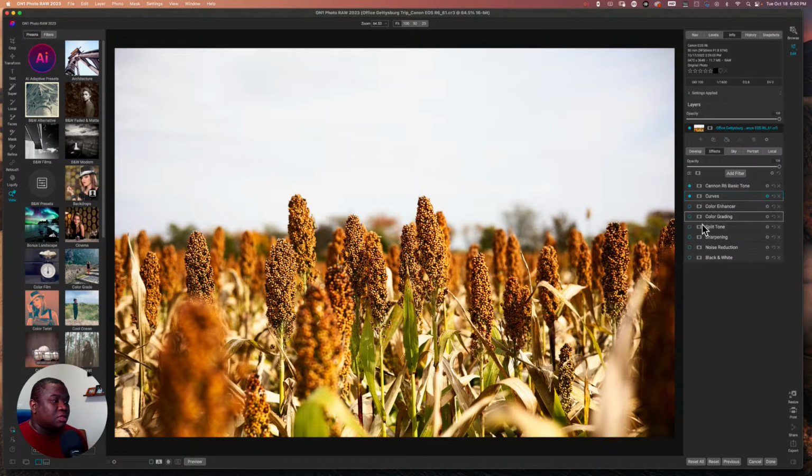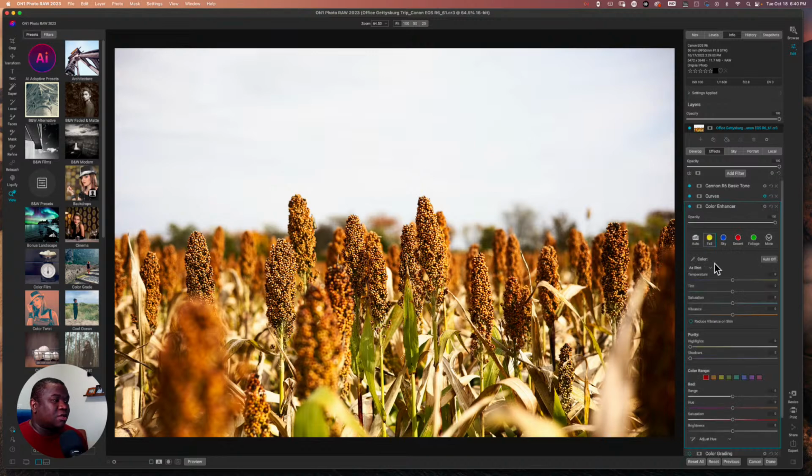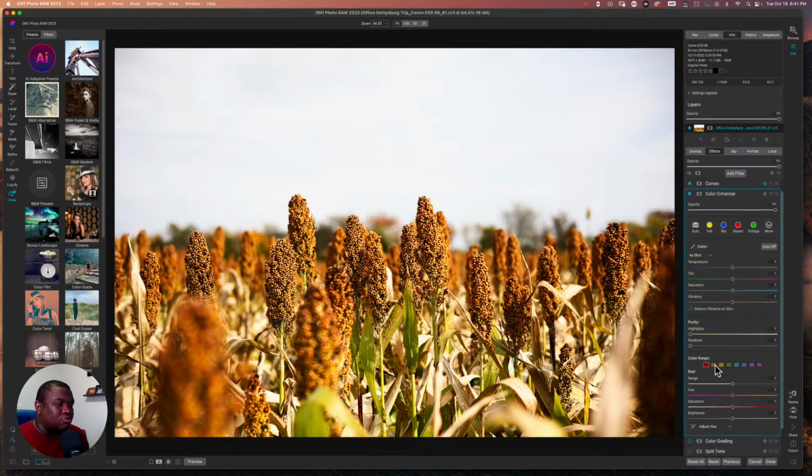Then the next thing that you have here is a color enhancer. This is very similar to the HSL inside of Lightroom. So if you want to modify the hue, saturation, and brightness based off of the color channel, or a color range, I should say, you can click through here and you get the hue, saturation, and brightness. If that's something that you do a lot of, just rest assured that you have the capability of doing that